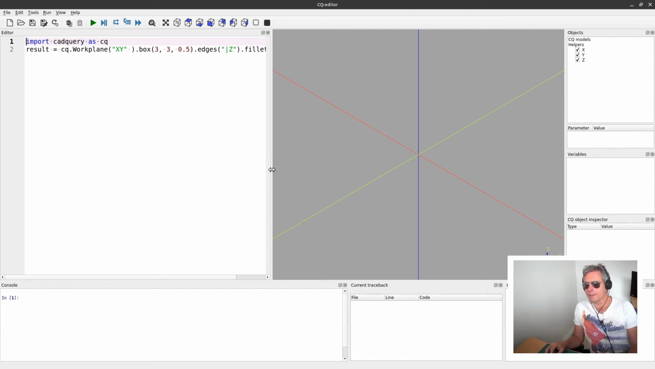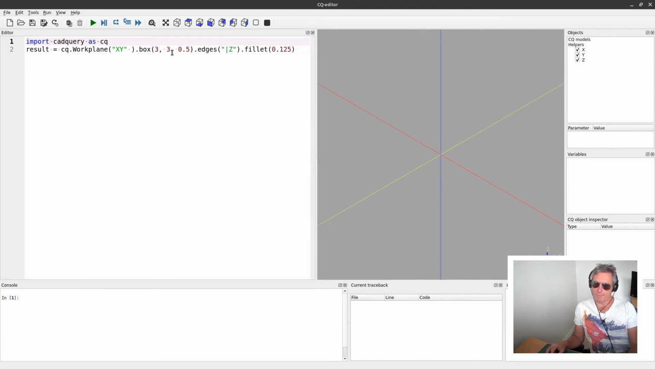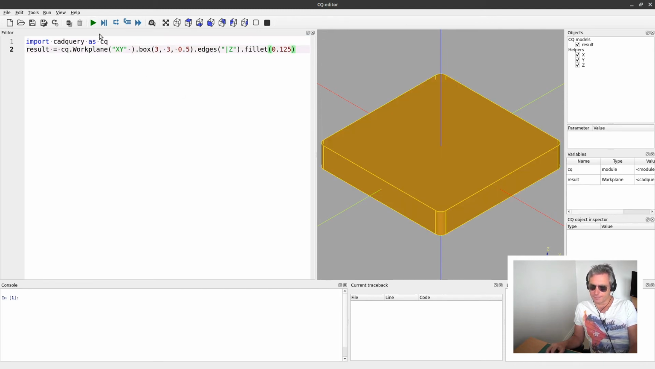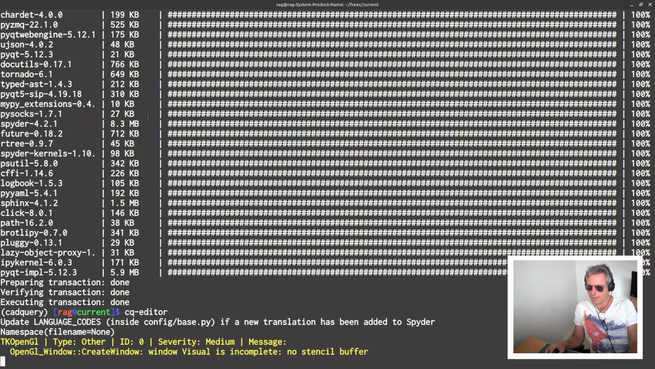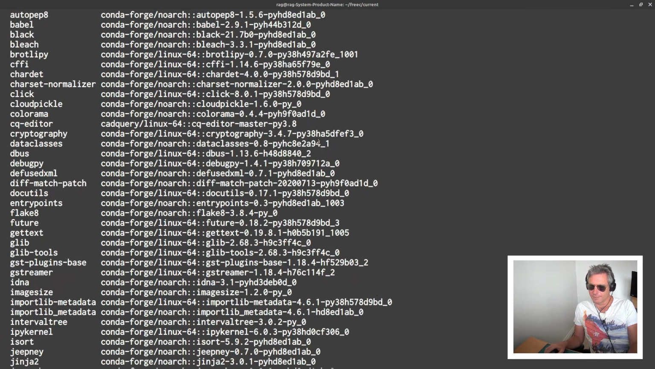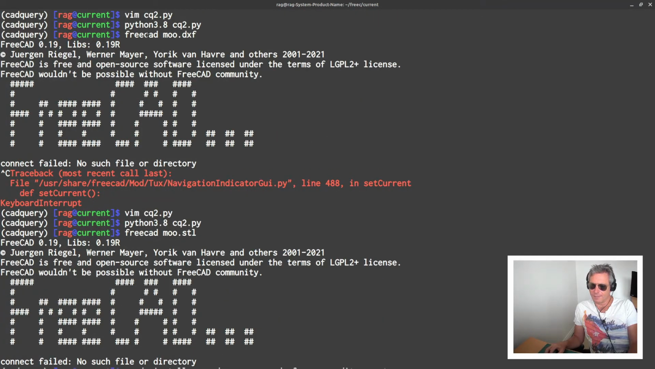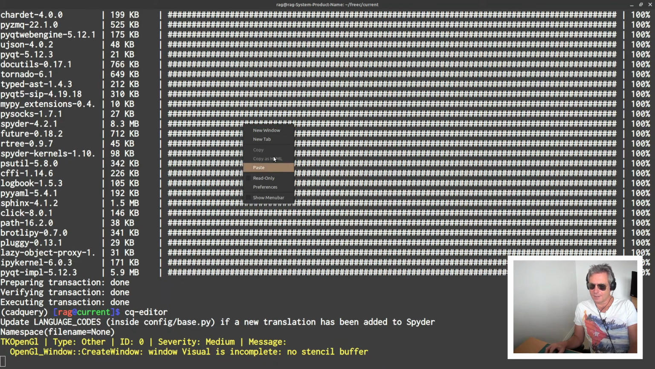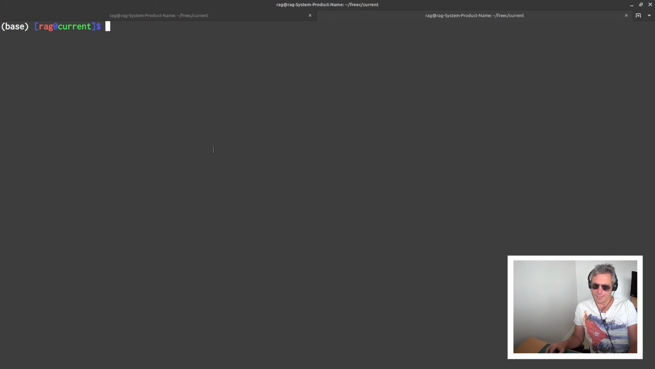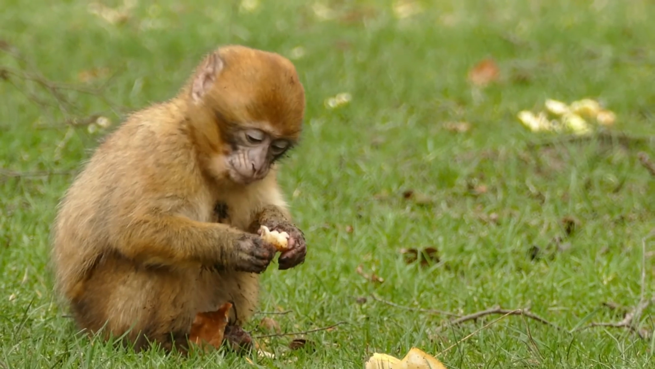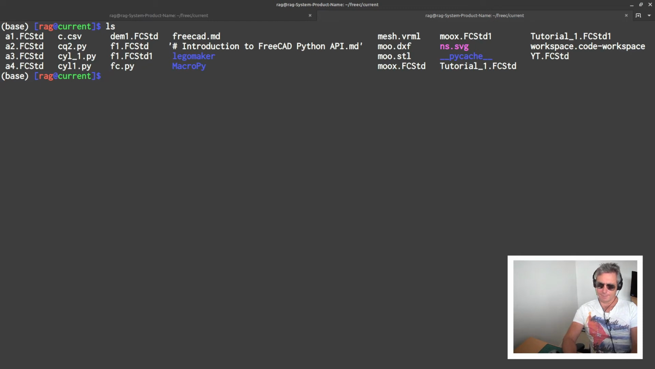Okay, so what we're really doing here is exactly what we've been doing so far. The only difference between this and what I've been doing manually with my cq2.py file is this is just going to display what we're building in real time. We just do more cq, and just to show you this, what I'll do is if we run cq2.py,